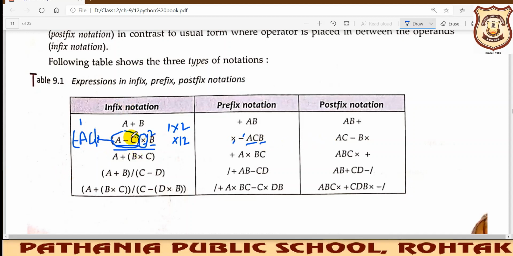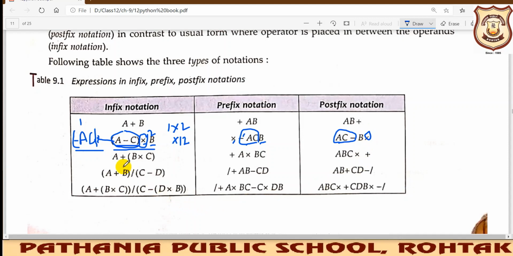Similarly, if we write this infix notation into postfix, you will find, as we were writing minus AC, now we will be writing AC minus. Here the operator was before the operands, here the minus operator is after the operands, that is, AC minus. Now again you can see this is the first one and this is the second one. So it will be AC minus and B, and the multiplication operator that is lying in between the first and the second will be at the end of it.